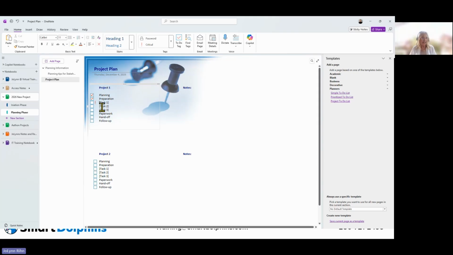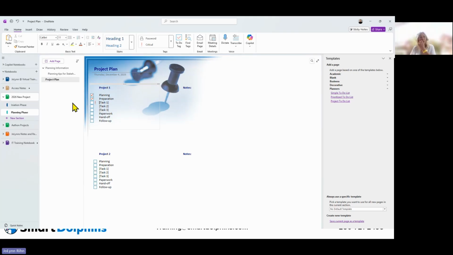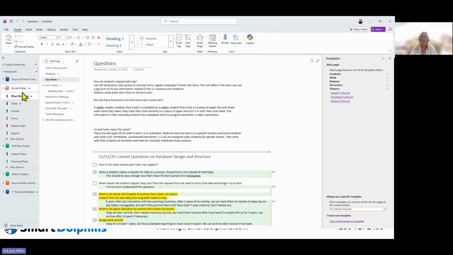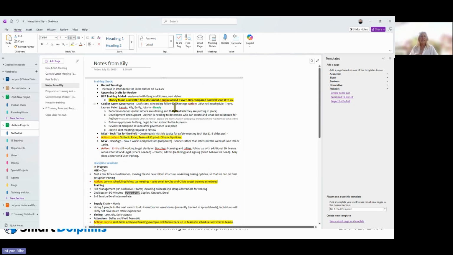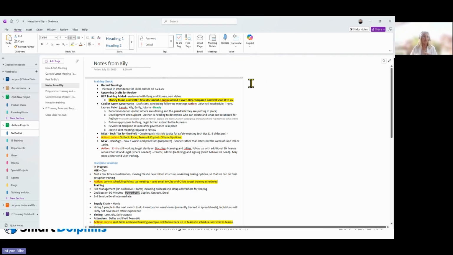Now, how do all these tags work, by the way? Well, the way that these tags work, and I'm going to go to a notebook that has more information in it. I'm going to go to Athon, this notebook. Let me go to this notebook because I have a lot of different tags going on in this notebook. So if I wanted to use a tag and be able to come back and find it again, I'm going to close my templates window for right now, and we can actually go to the